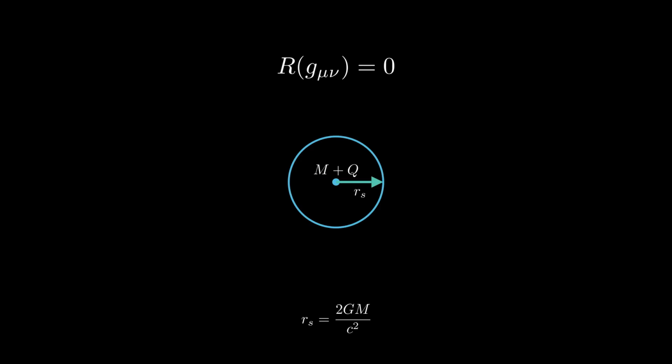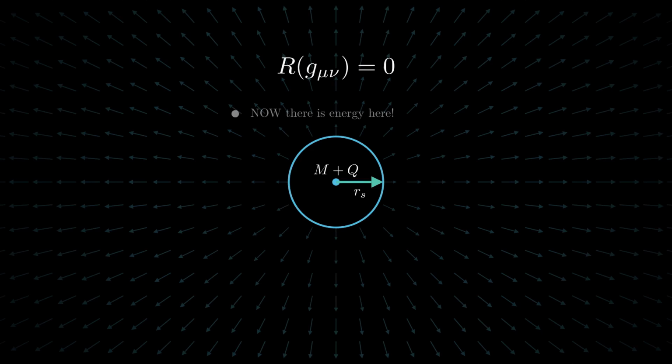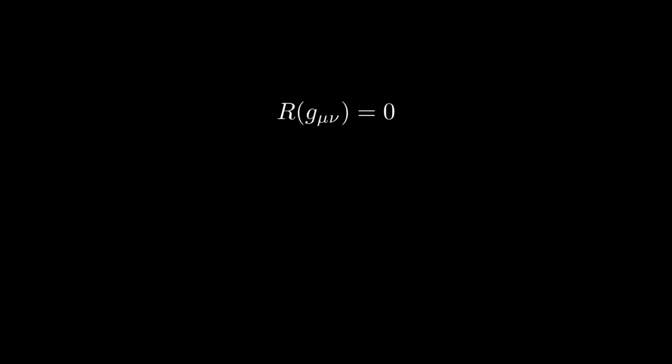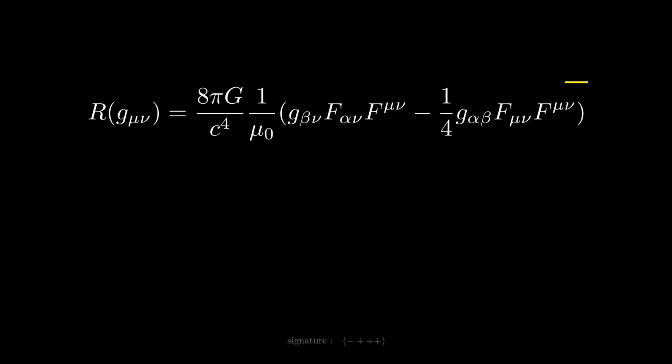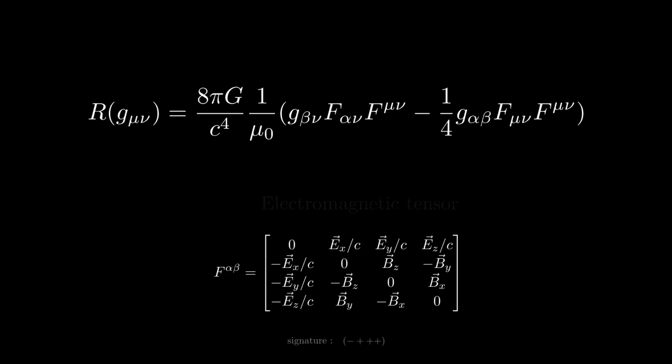On the other hand, if we add electric charge, and this time we say the field stores energy, we have to specify it in the right-hand side of the field equations. This is exactly what Hans Reissner and Gunnar Nordström did by setting the right-hand side of the field equations equal to something we call the electromagnetic stress-energy tensor, which is constructed out of the electromagnetic tensor. This is what Reissner and Nordström assumed. And they did so because of this equation,